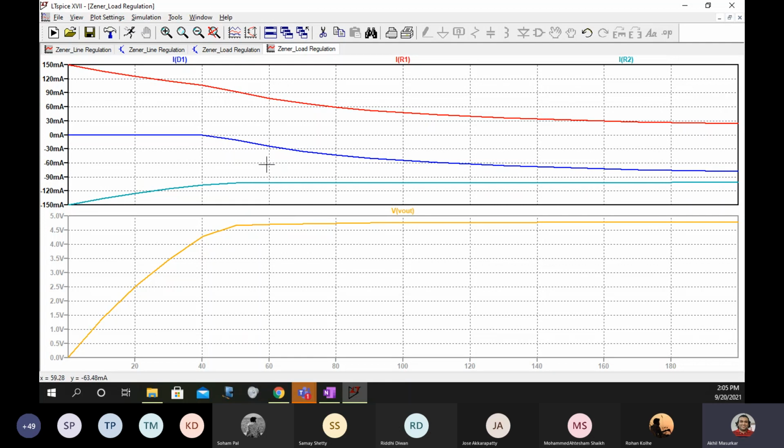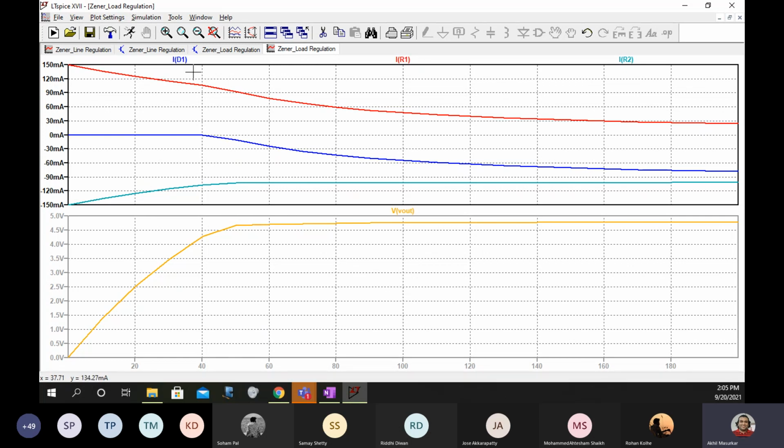IR2 is my incoming current, and IR2 is now constant. But IR1, which you can see in red, is falling or reducing. Why is it reducing? Because we are increasing the resistance from 0 to 200, so the current is falling.